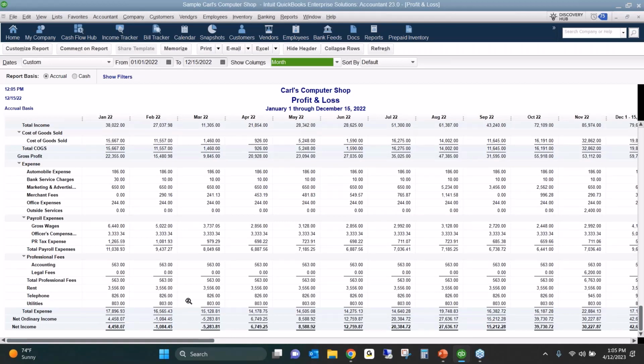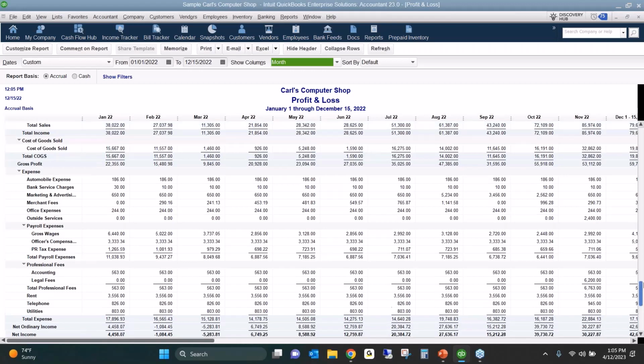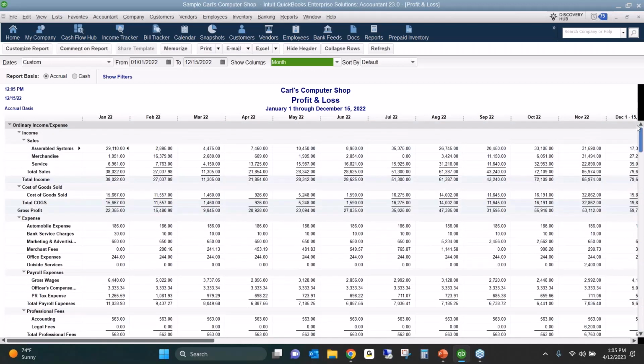So if we see something like dues and subscriptions have a big $12,000 entry in January and nothing for the rest of those months, then we know that we need to work with the client to get prepaid expenses set up. Also for budgeting, we want to make sure that we're keeping those general and admin type expenses consistent. So if we need to scale back in certain areas, it's easier to identify and pinpoint those. And then, for our month-over-month budgeting, we should be able to keep relatively consistent month-over-month expenses